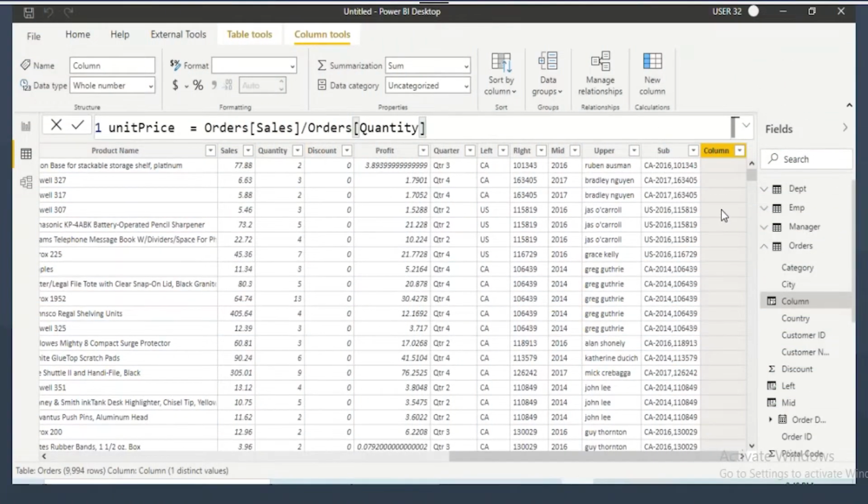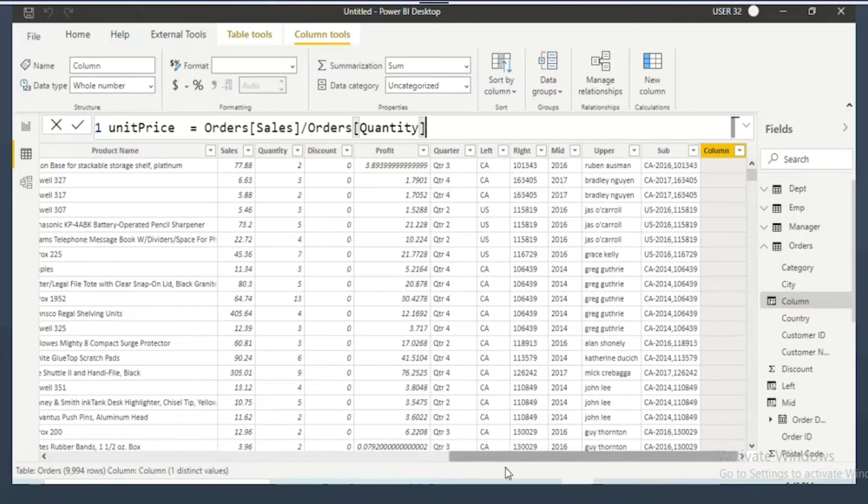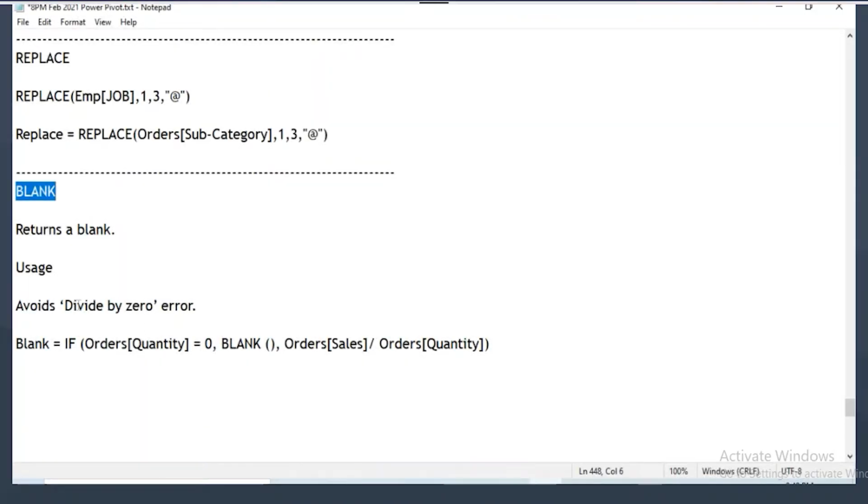Contains infinity values, so it is not possible to perform any arithmetic operation. It is not possible to perform what? Arithmetic operations. That is the reason I don't want to get infinity values here. Whenever we need to avoid divide by zero errors,